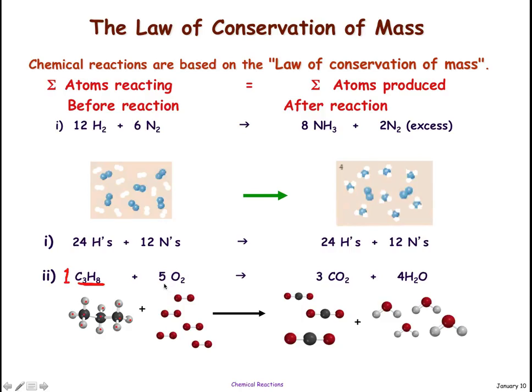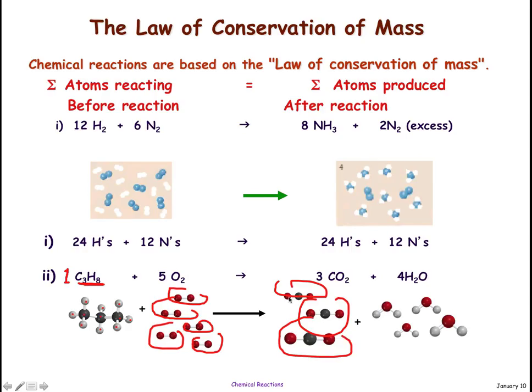And it combines with 5 oxygen molecules, 1, 2, 3, 4, 5, for a total of 10 oxygen atoms, to produce 3 carbon dioxide, and in the 3 carbon dioxide you have 3 carbons and 2, 4, 6 oxygens, and 4 waters, 1,